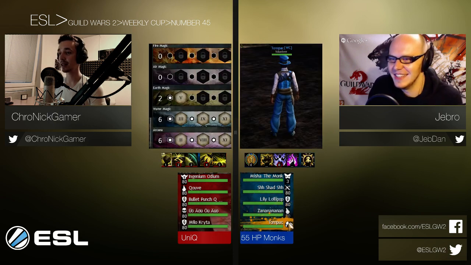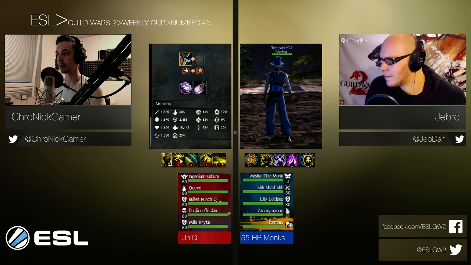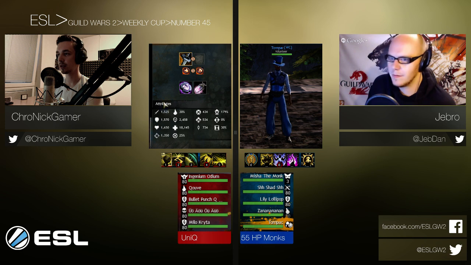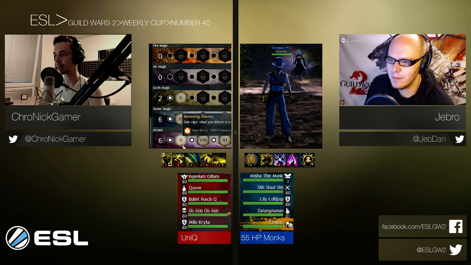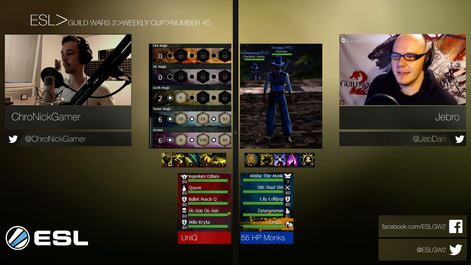Well, okay, and last but not least, the Elementalist for 55 HP Monks, currently having the Staff equipped, probably going to be for buffing, and then with the Strength Rune, Celestial Amulet, and 00266, and has no enlarged Staff target area, so we're going to see him on Dagger. Indeed. So this is quite an interesting...